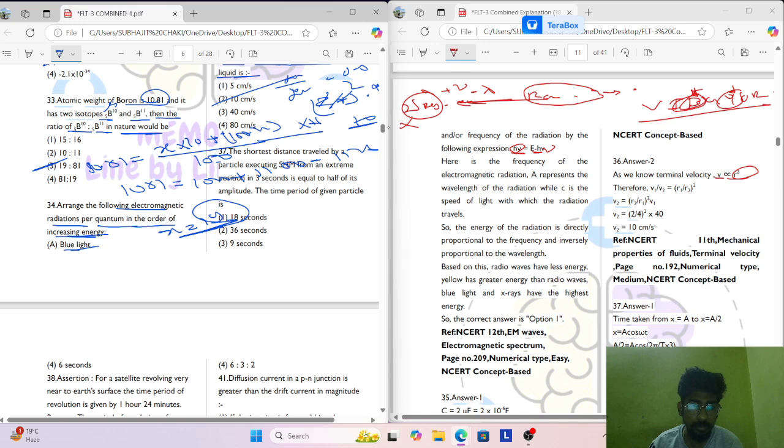Shortest distance traveled by a particle executing SHM from an extreme position